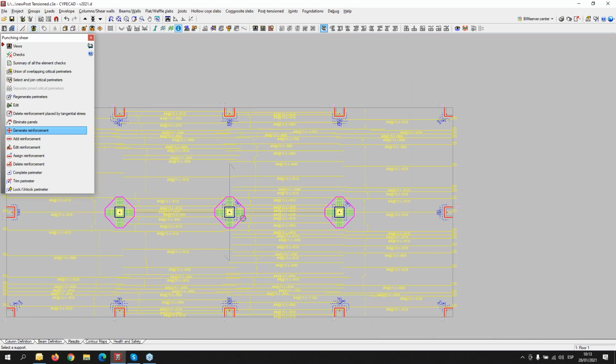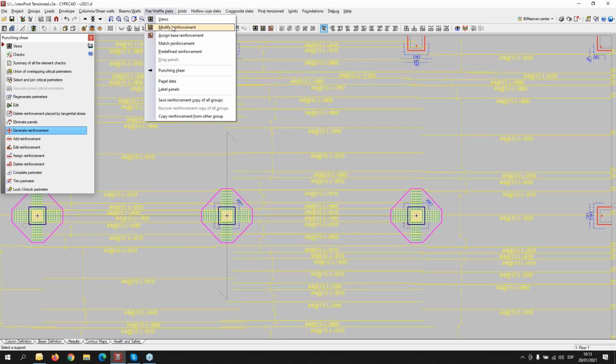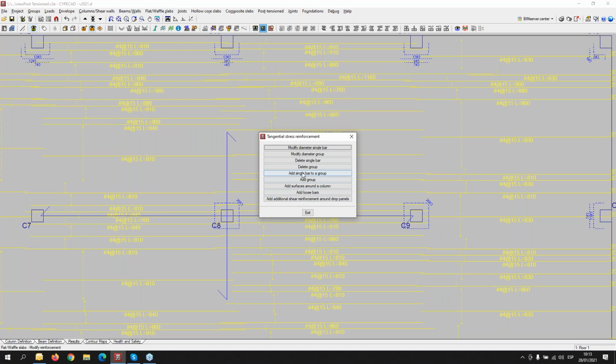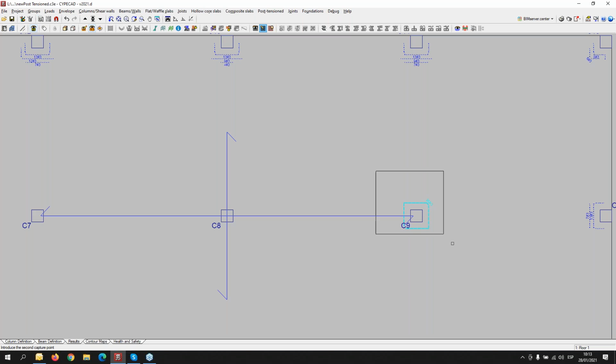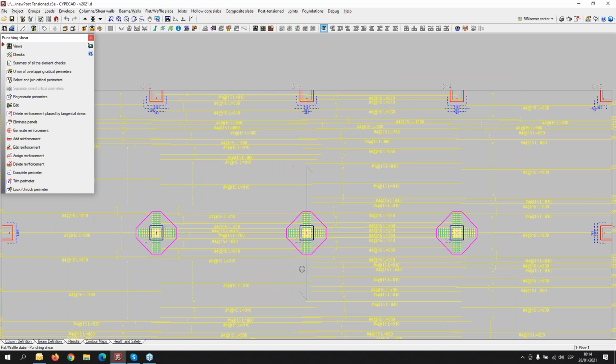Remember that we need to delete the tangential reinforcement that the program applied with the classical check. We can delete group, and for these supports, apply the punching shear reinforcement and the punching shear checks from the code,